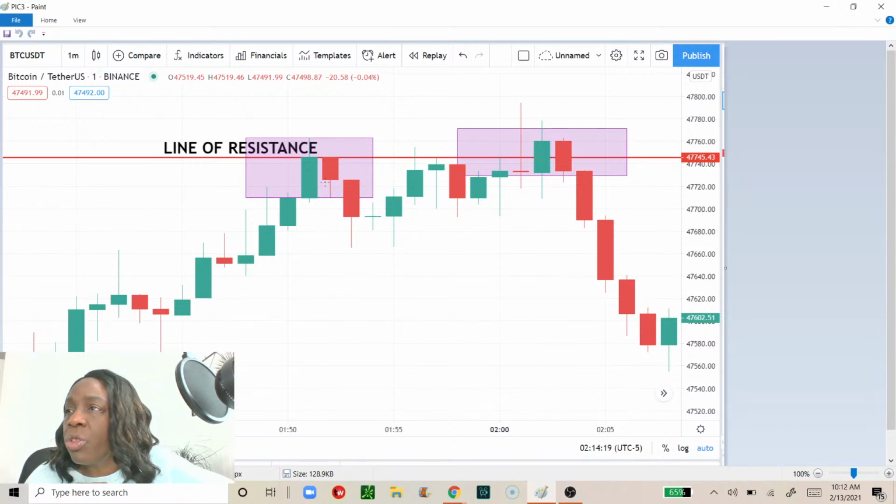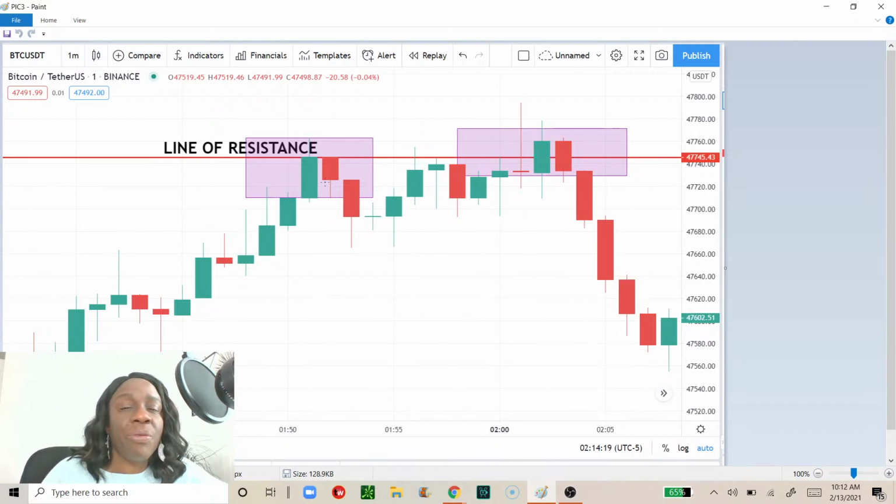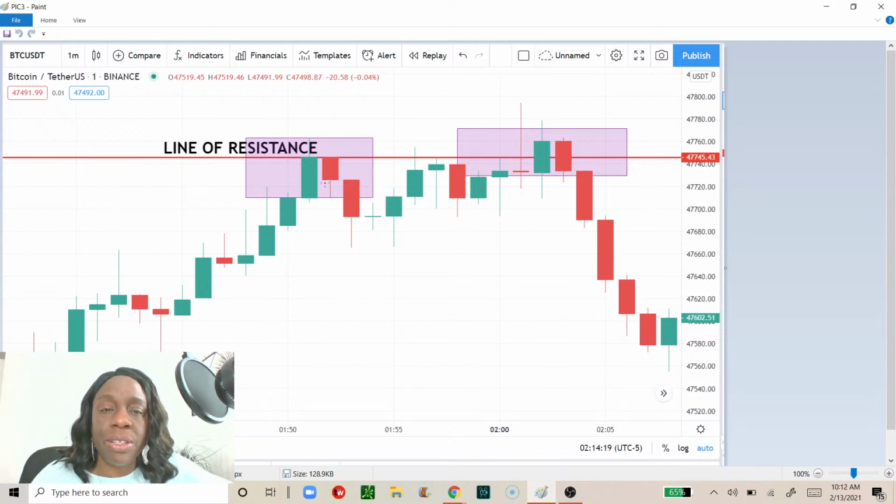So entering into your trade, the fact that you have price action at the line of resistance is not a reason enough to enter the trade. We can see the first rectangle. Price action did move up. It got to the line of resistance. You don't want to enter your trade at this point, because with the next candle, the sellers pushed the price right down. So you're waiting.